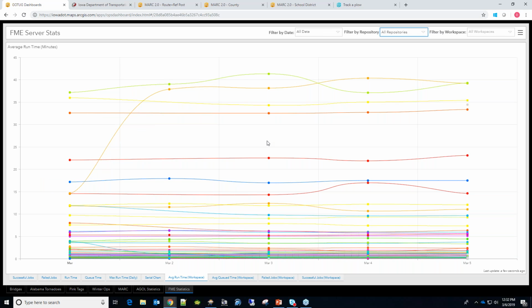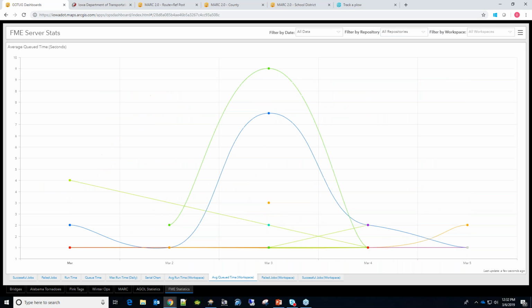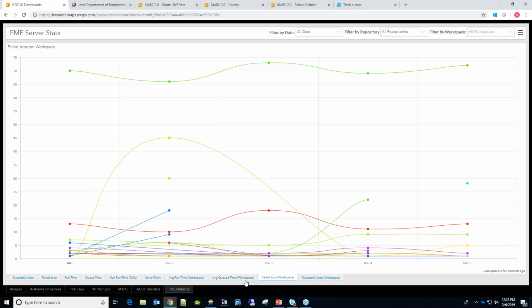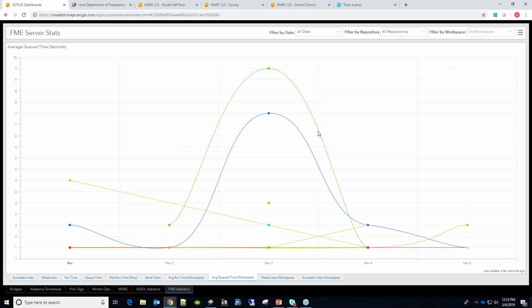So these are some types of dashboards that can be used to chart all sorts of interesting metrics, system stats, or when databases are up or down, or how long, in this case, do Python jobs or FME jobs take to run, or services are up or down. It's a good solid platform.